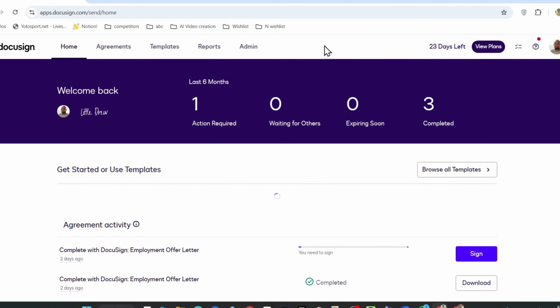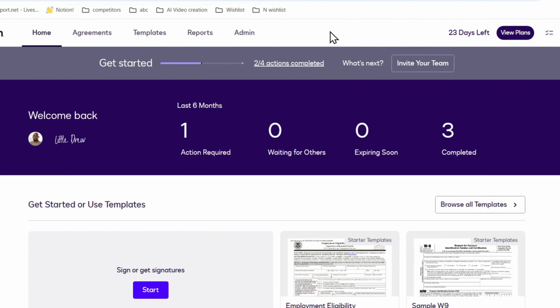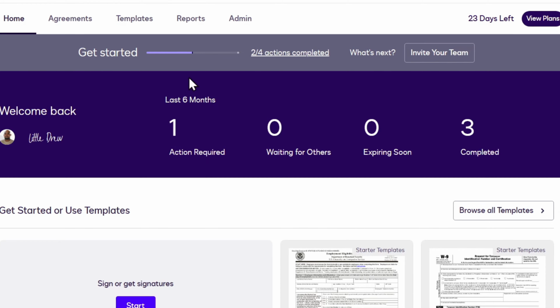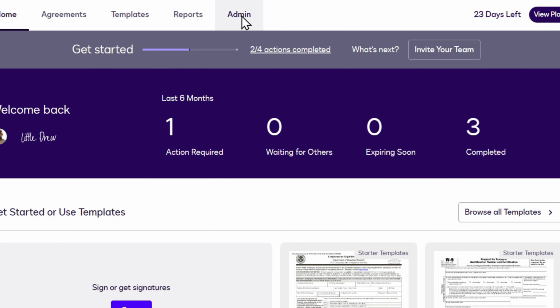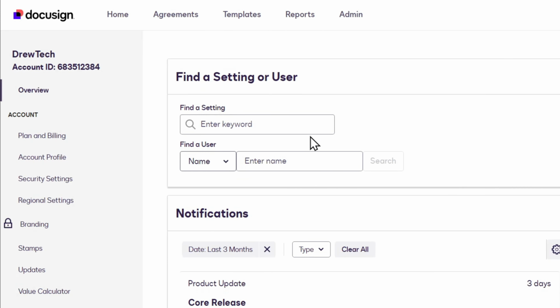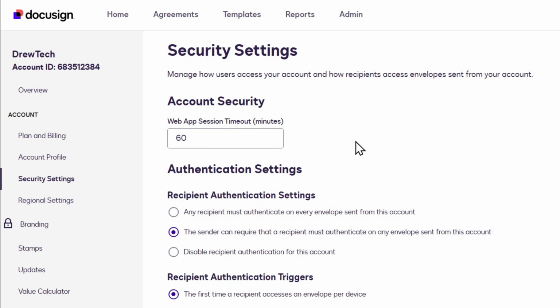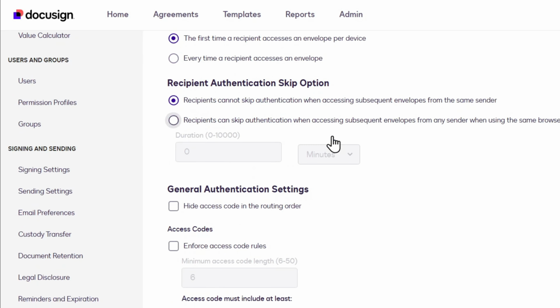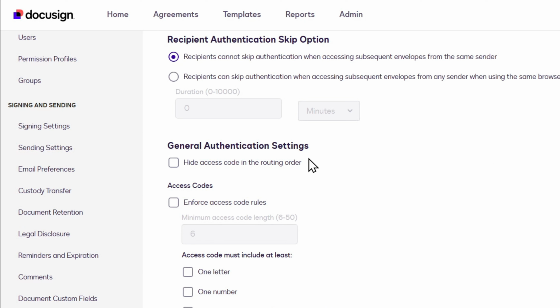Let me show you how to enforce or enable access code rules on DocuSign. To do that, click on Admin at the top, and on the left side, click on Security Settings. Here, if you scroll down, you will find a section under the General Authentication Settings called Access Code,